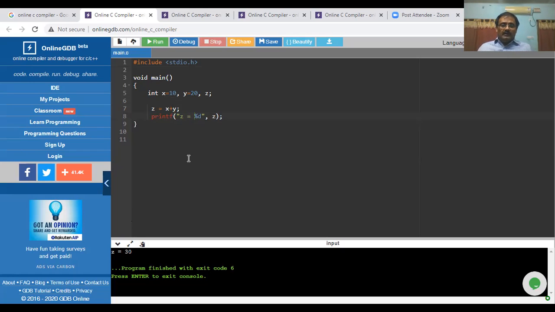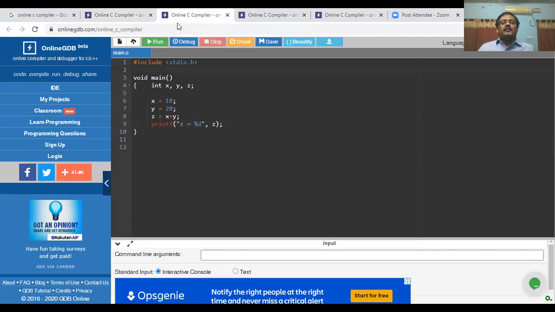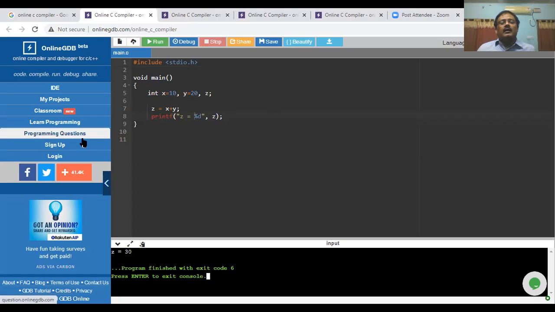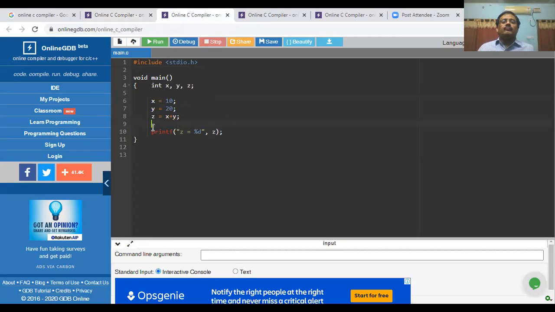Now, let us look at another program for input output operations. In the earlier case, I was assigning the values, giving the values as input through the process of variable initialization, which means assigning values to the variables at the time they are declared. Now I am going to give the input through a second method.